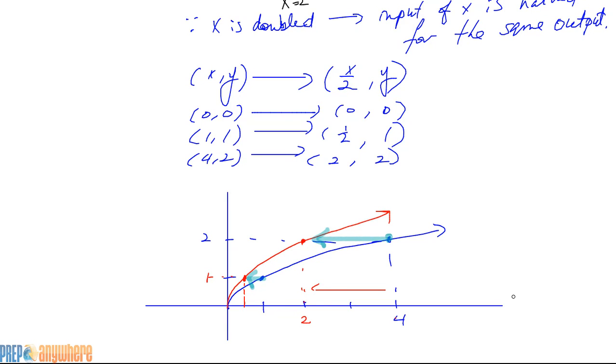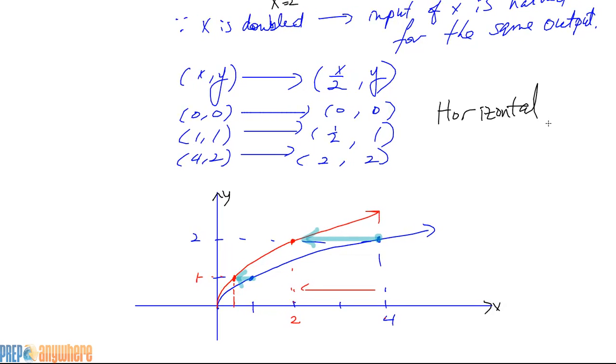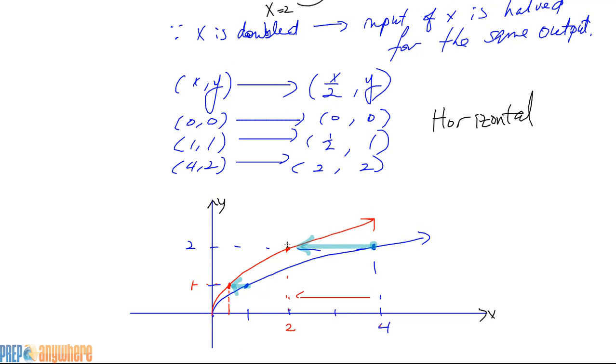It's been decreased by a factor. How much factor? Exactly half. So if you had to describe this as a horizontal change, what would you call it? Horizontal compression